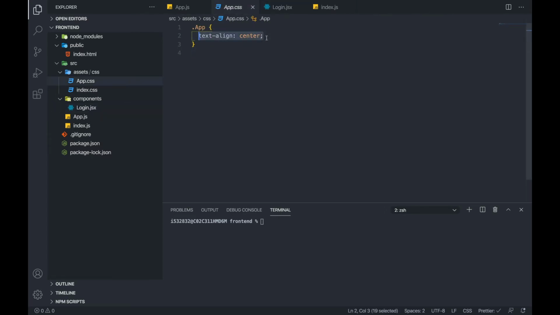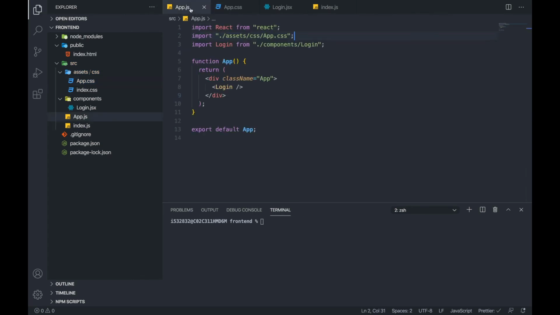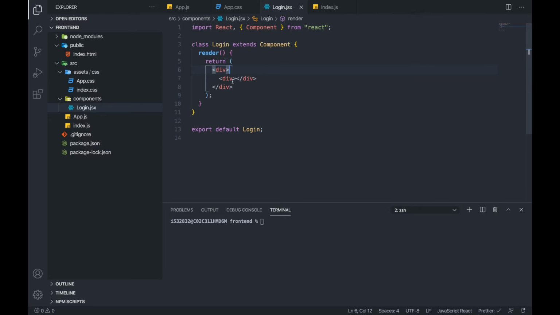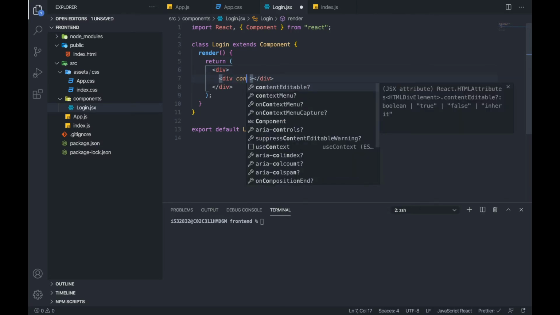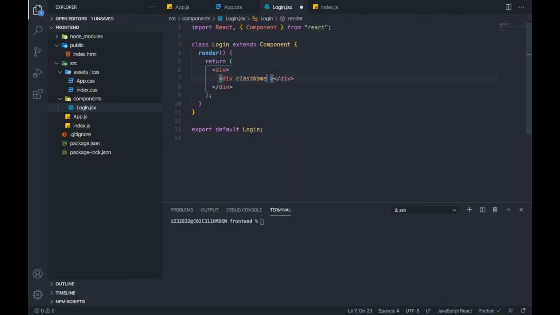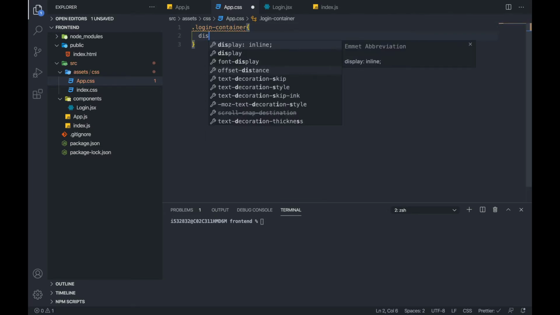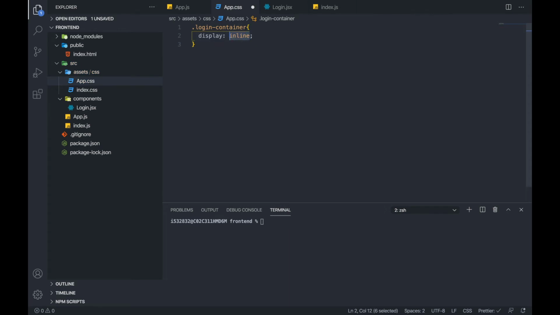Now we'll remove this. We'll remove .app itself. Save it. Remove this. So now what we need is a container. So this will be our container. Class name is equal to login container. Save it. Dot login container, and we'll say display flex,